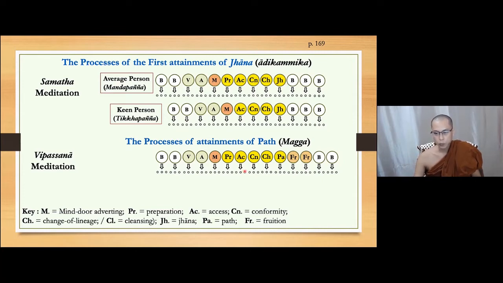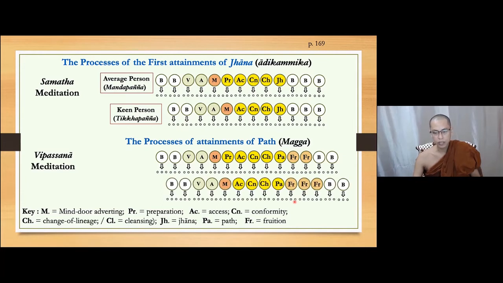Here, in this process, the object is the characteristic of the conditional phenomena, the anicca, dukkha, or anatta. Then, after the change of lineage, the path consciousness arises. Then, fruition consciousness follows two times. Then, as I mentioned, the path consciousness arises one time. Sometimes the fruition consciousness can be two times or sometimes three times, because here,